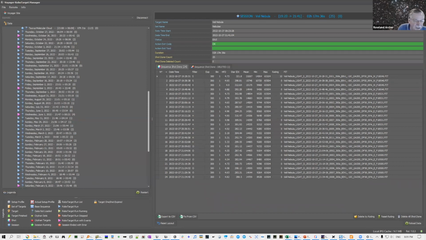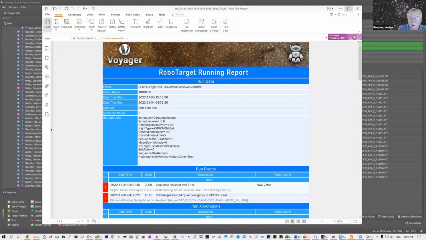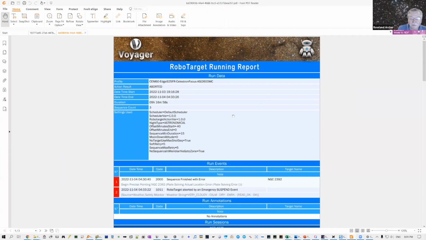And the last piece I want to show you is a PDF report. Another way to get a quick sense of how the night went is to ask Voyager to automatically email you a PDF report of the night. So this is one from last night, and I have 3 of these in my inbox, one for each session. It shows aborted because last night,